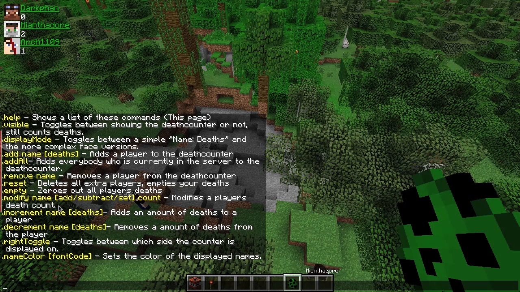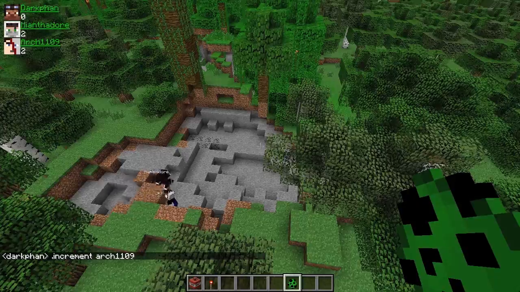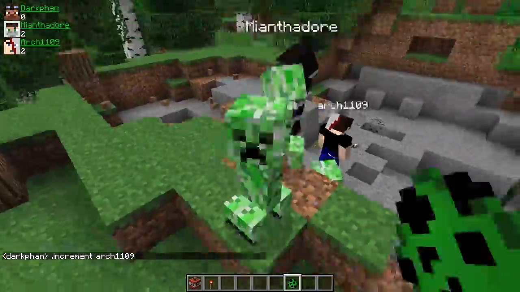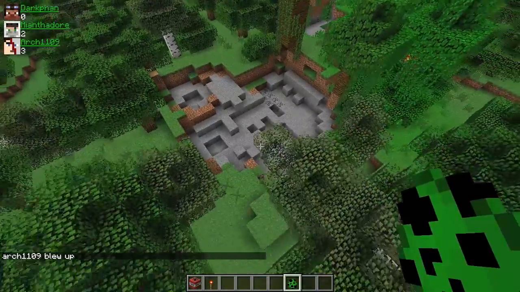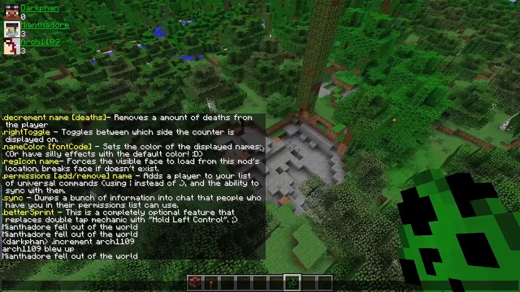You can also increment. If I just increment Arch 1109, it adds another death to him. So let's throw a surprise creeper down. So they both blew up there. And Mianthadore fell out of the world. They must have dug a hole to the...